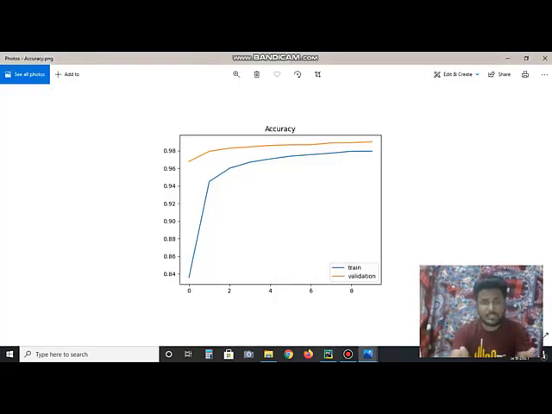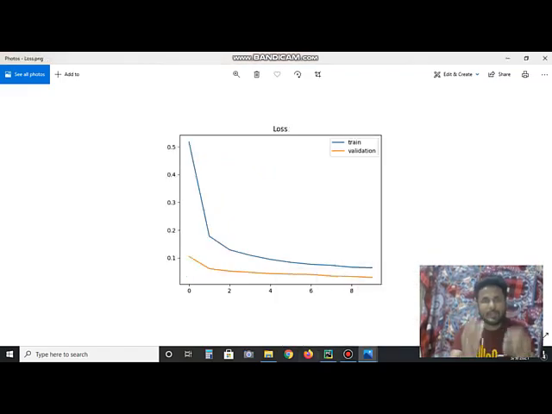So this is the accuracy graph of this model, and here you can see that the accuracy is more than 98%. To be more accurate, it is around 99.5%. And this is the loss graph of this model. Here loss means the error percentage. So here you can see that the error is less than 0.1%. So these graphs tell how accurate and precise our model will work to recognize all the digits which are present in these boxes.